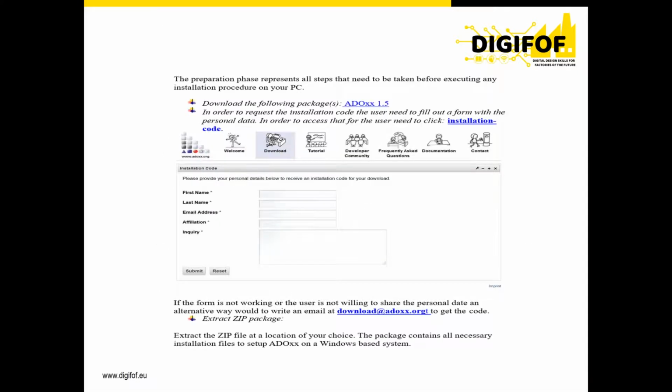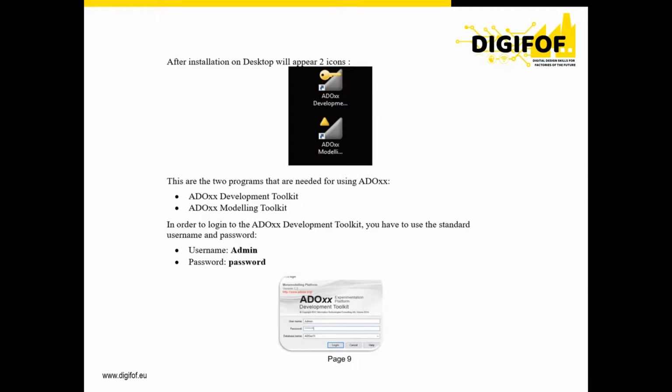In the first step for installation, we need to request a key from BOC. After this key is received, we can download and install and create our database. We will have two different programs: the development toolkit and the modeling toolkit.